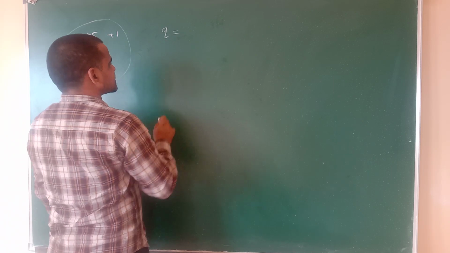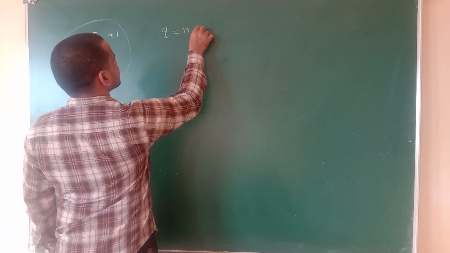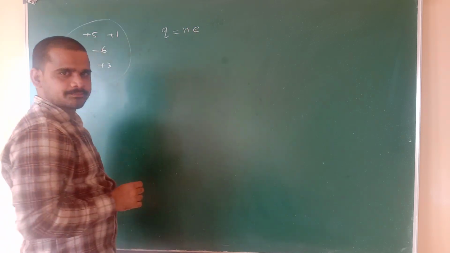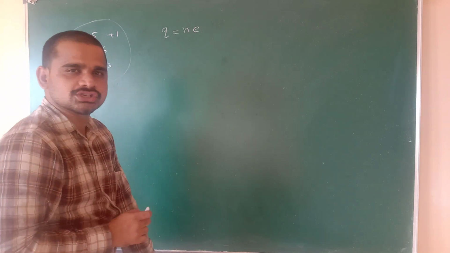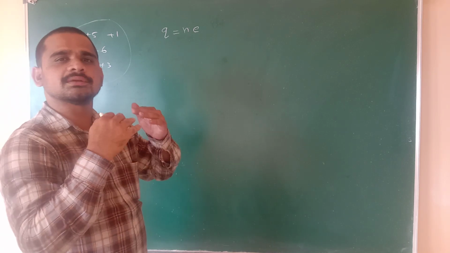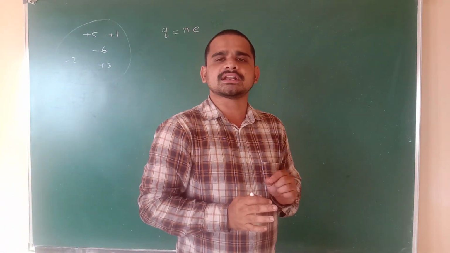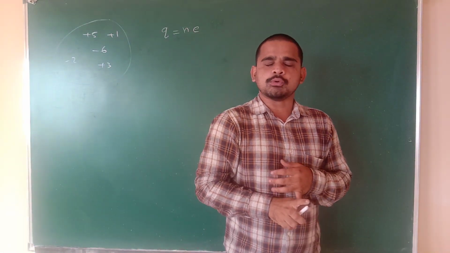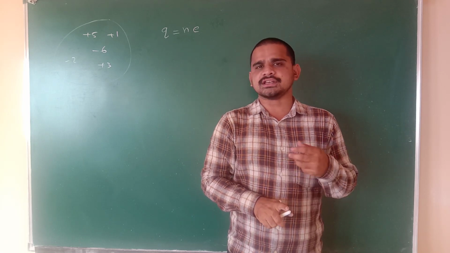Charge is quantized. The charge of any body will be integral multiples of the electron charge. The electron is an elementary particle, which cannot be further divided. Elementary particle means the smallest. Especially why we are calling it elementary, because